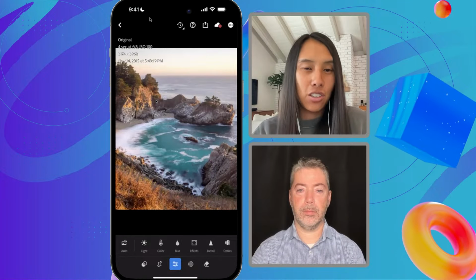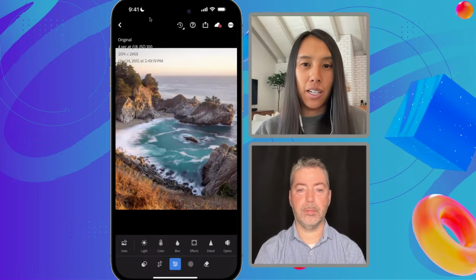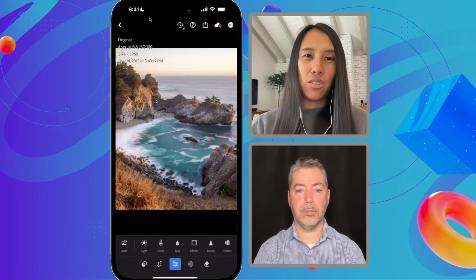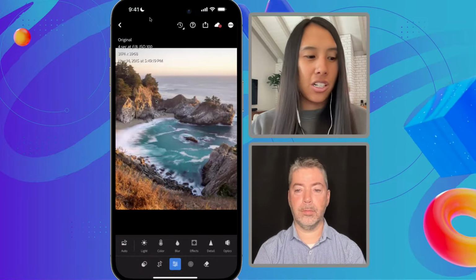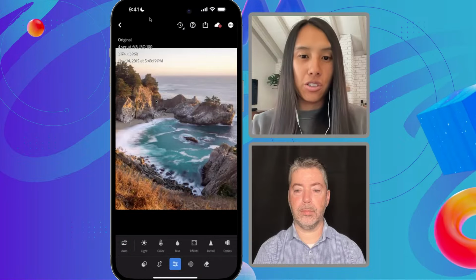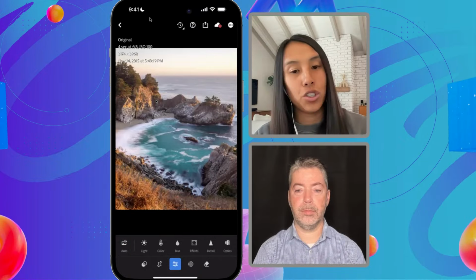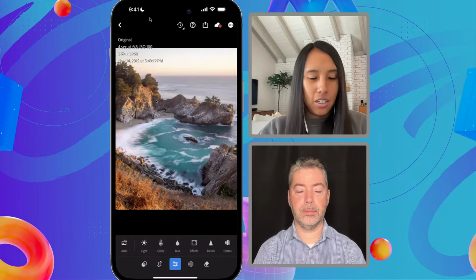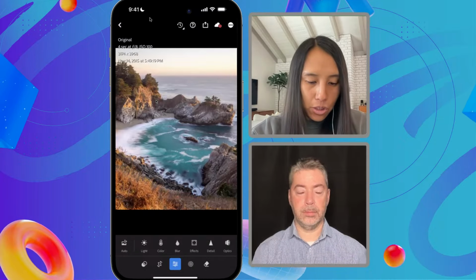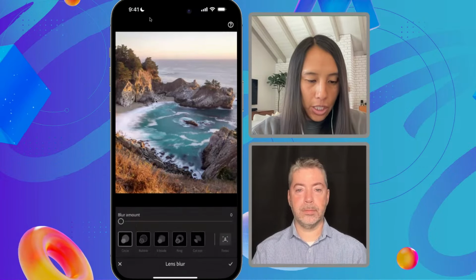And I took this photo many years ago, but again, I was like, how can I re-edit this photo? How can I give it a refresh using the new features? So this is a great example of how I'm going to use lens blur to create a brand new edit to show you guys. So when you go over to blur,